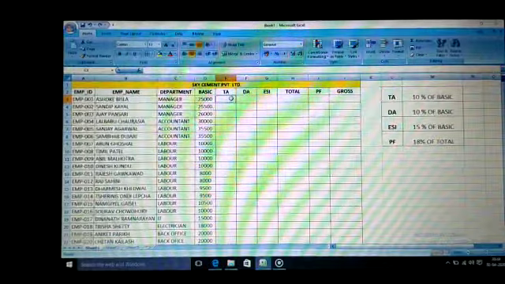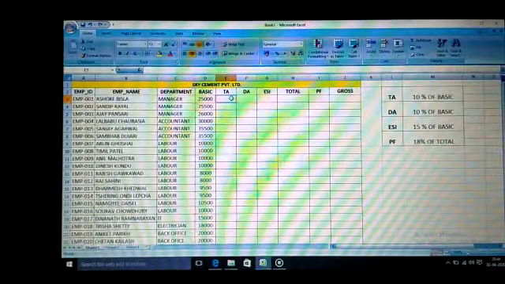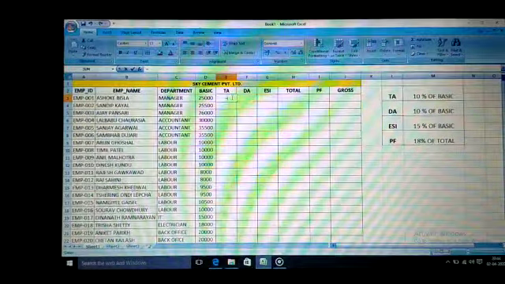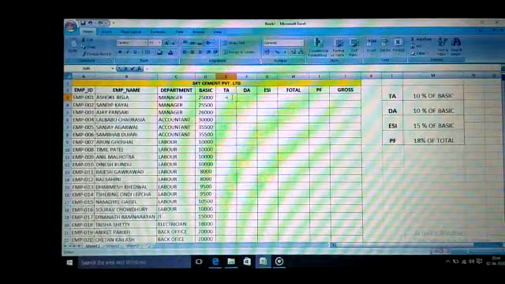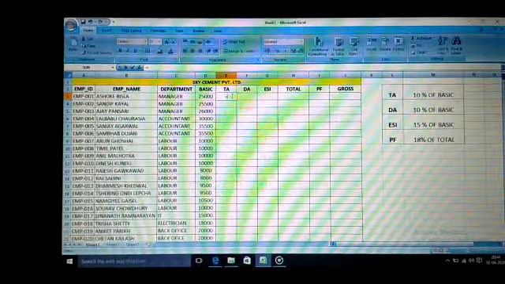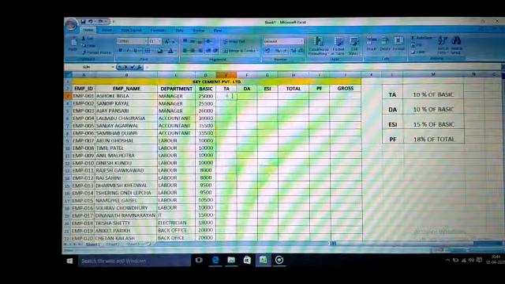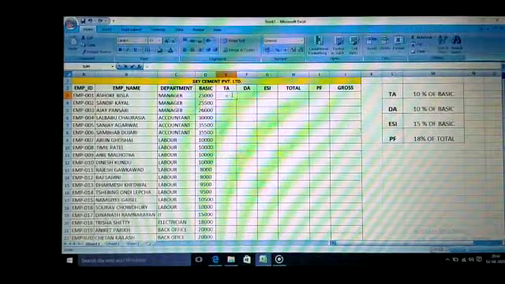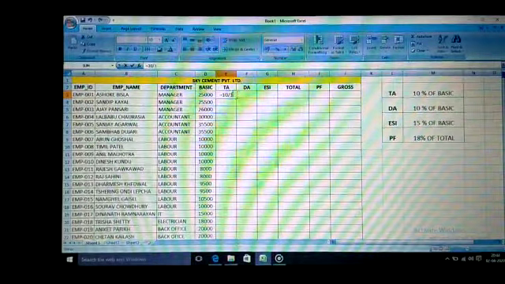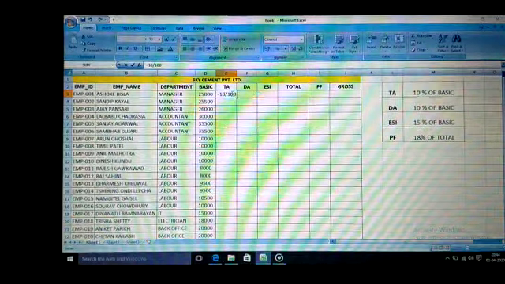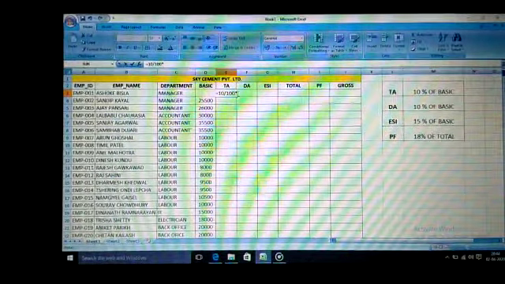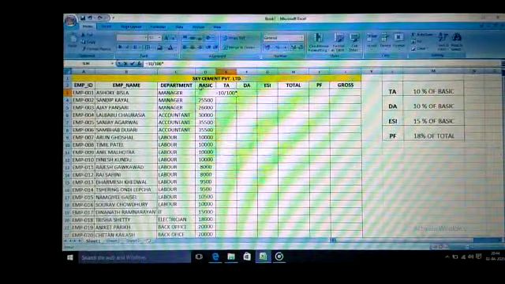Before implementing any formula, we have to put the equal sign first. We have to type the equal sign first for every type of formula. When we are going to find the result of any sum or function, we must write the equal sign first. Equal, then 10 divide 100 means 10%, then the multiply sign, and then click on